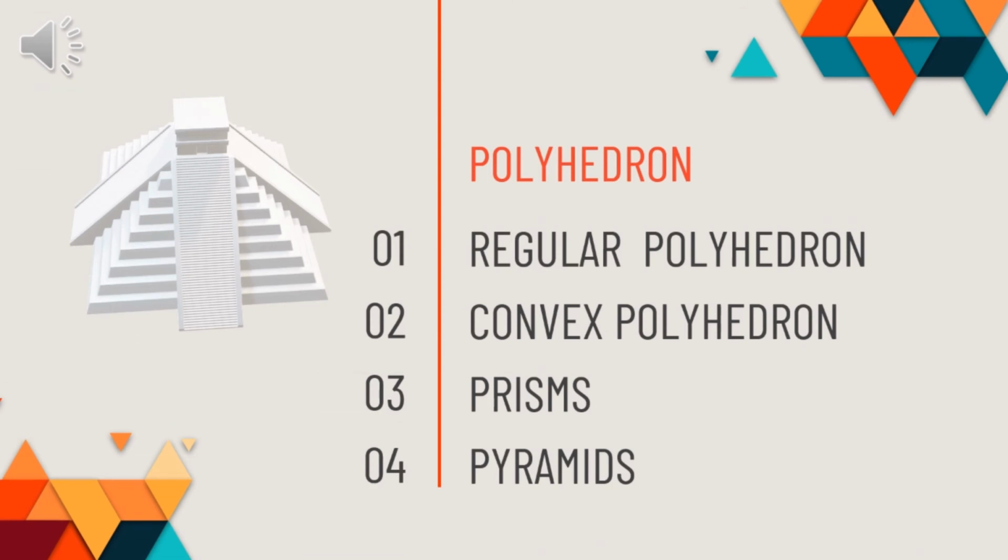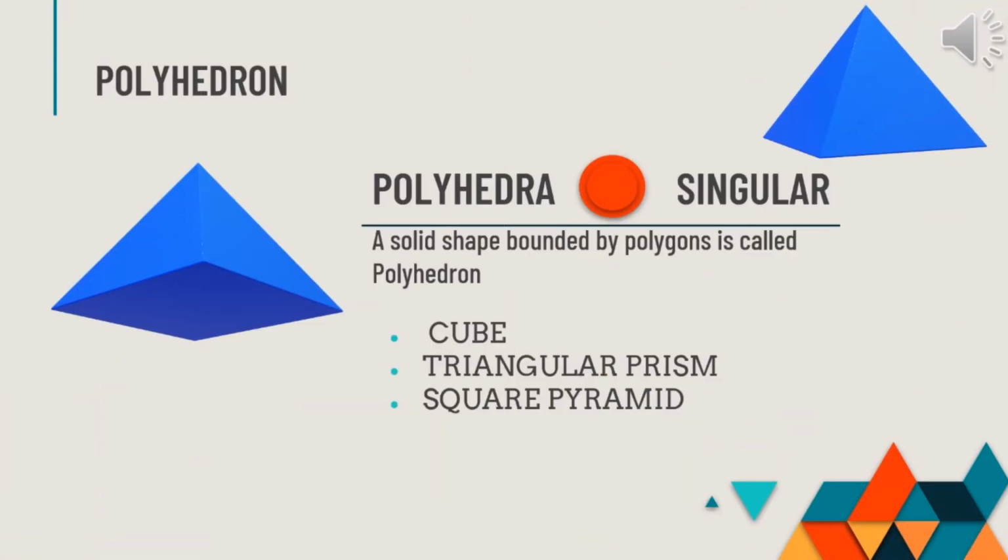Moving on, we will be discussing polyhedrons and their types. The word polyhedron has been derived from the word polyhedra. What does polyhedra mean? A polyhedron is a 3-dimensional shape with flat polygonal faces, straight edges and sharp corners or vertices. The word polyhedron comes from the classic Greek words in which poly means many, while hedron means base or seat.